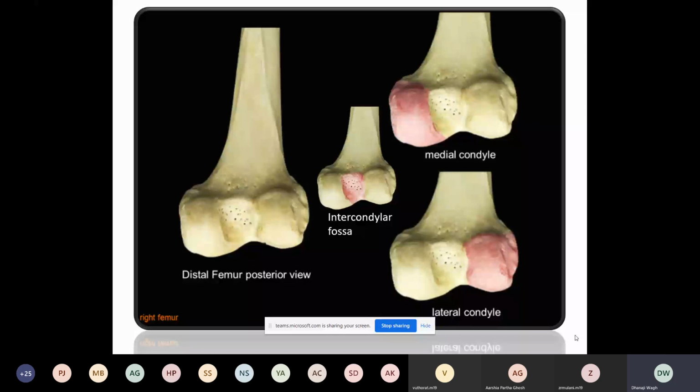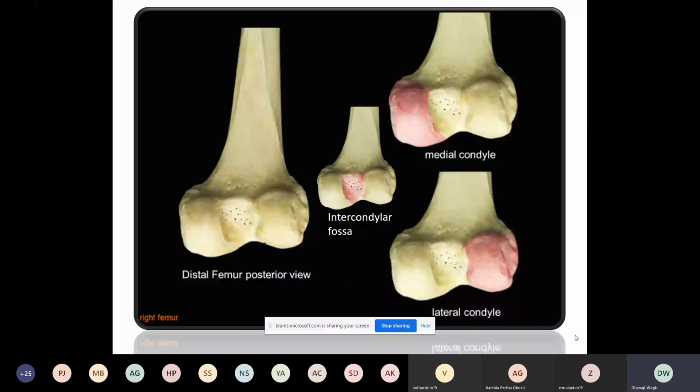So in the next diagram you can see in the middle, that is intercondylar fossa or intercondylar notch. This intercondylar notch separates the lower and posterior part of these two condyles, and is limited anteriorly by the patellar articular surface, and posteriorly by the intercondylar line. And this separates the popliteal surface. So this is regarding the lower end. There is a lateral condyle, medial condyle, and intercondylar fossa.